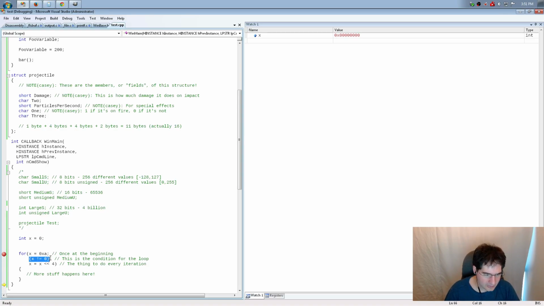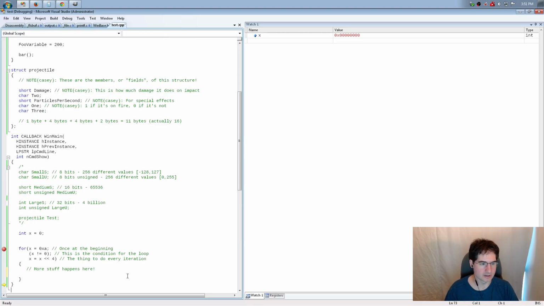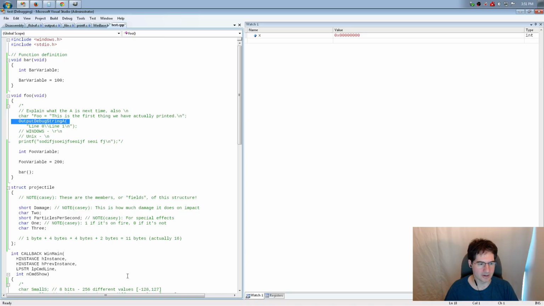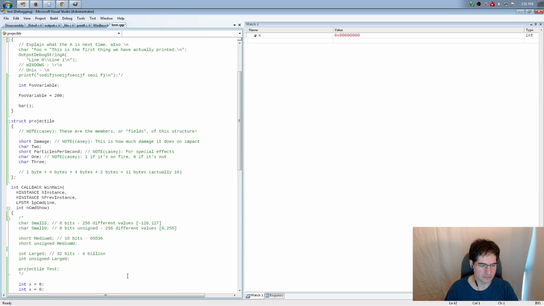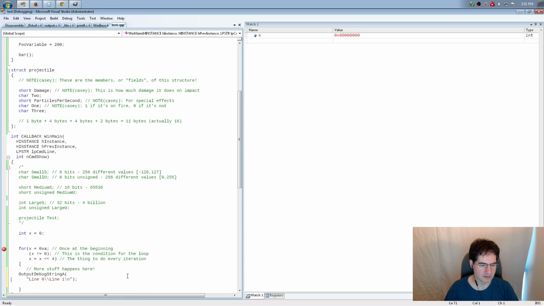Now, it would be nice if the debugger actually showed it doing the test, but what it actually does is put the little green, yellow arrow on the test usually, which is kind of annoying because you'd rather see it actually pointing here and evaluating it. So anyway, to make it a little more explicit, I'll put the output debug string that we were using. I'll go ahead and put that there so you can see when that executes in the grand scheme of things. So we're going to put the output debug string here and say we are in the loop.